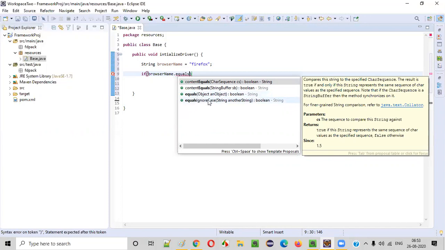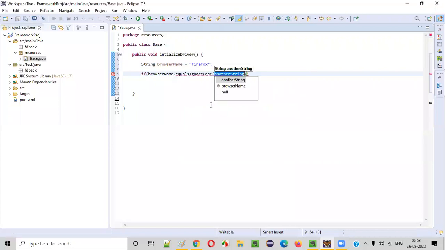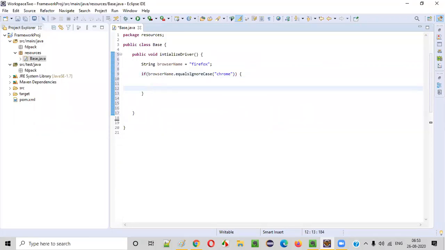I feel equalsIgnoreCase will be better, guys, so we're not worried about whether Firefox is given in capital or small letters. equalsIgnoreCase will work in both cases. So let's select equalsIgnoreCase instead of equals. And if the given browser name equals Chrome, we'll write it like this. If it equals Chrome, then do something.